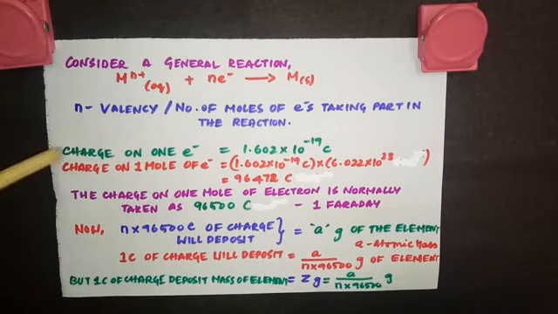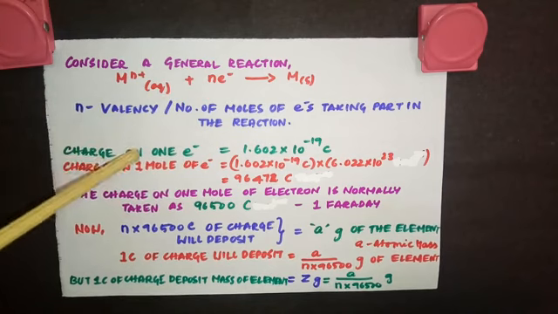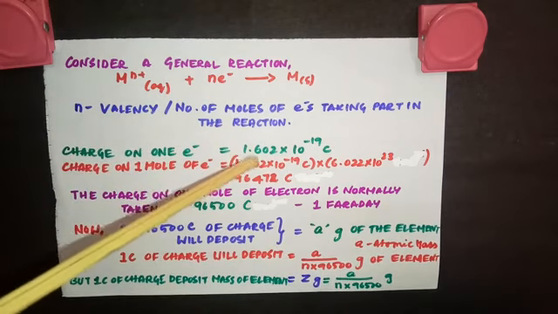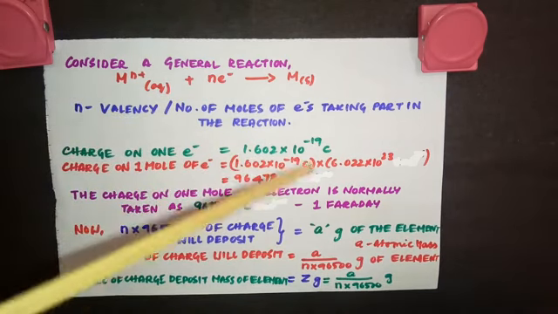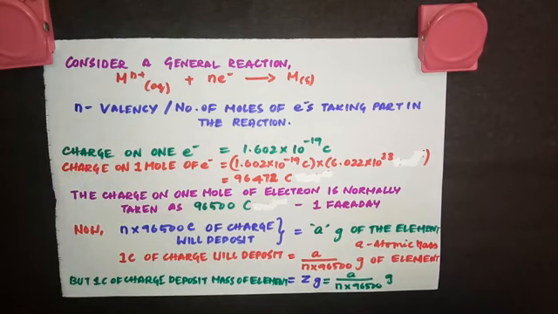Now we are going to calculate the charge on 1 mole of electrons. You know the charge of 1 electron is equal to 1.602 into 10 to the power minus 19 coulomb, which you have learned in grade 11. If you have any doubts in this moles and atomic mass of the substance, you can watch the grade 11 video, some basic concepts of chemistry, part 6. So you will have an idea about all these things.